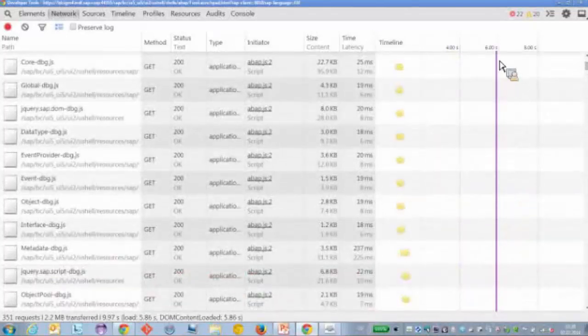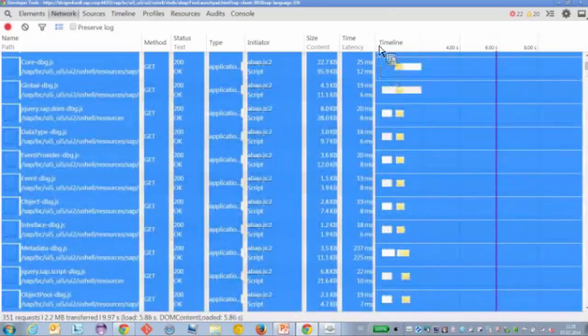So the blue line is for the DOM content loaded event. This means, if you know jQuery, it's about the ready function of jQuery. This means the DOM is parsed. But afterwards, the resources start loading. Then we see here that I can actually zoom here a little